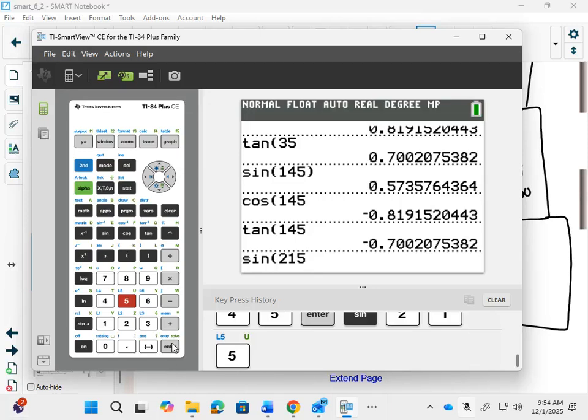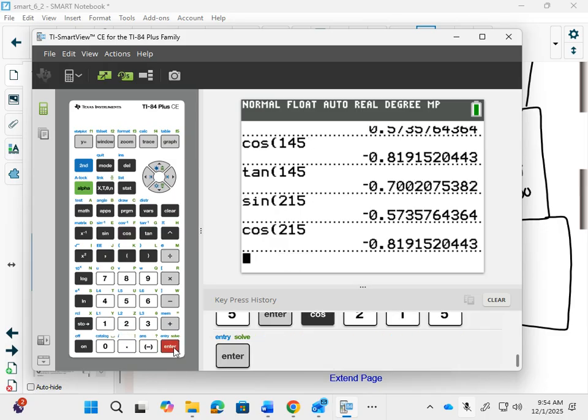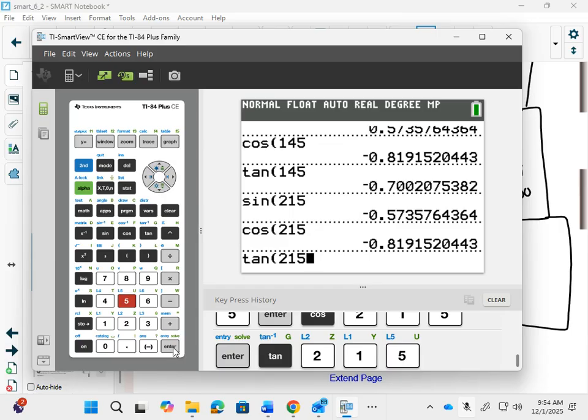So maybe sine is always positive. Let's check it. Oh no, sine is negative. Well, maybe cos will be positive then. Oh no, cos is still negative. Well, maybe tan will be positive. Or maybe they're all negative. I don't know. Well, actually, I do know. But,